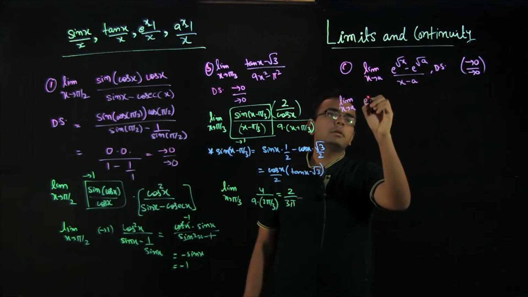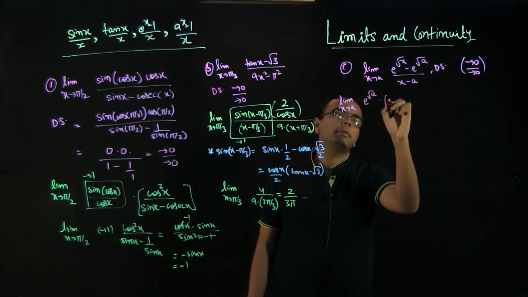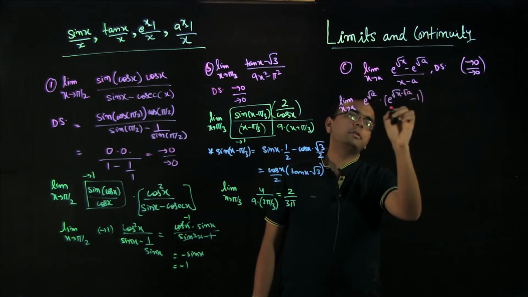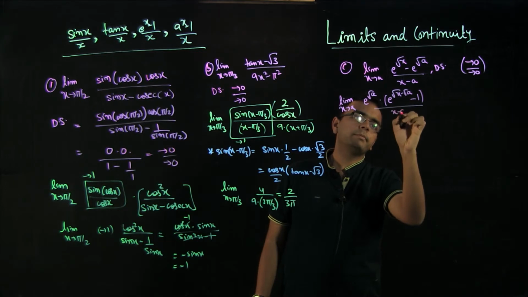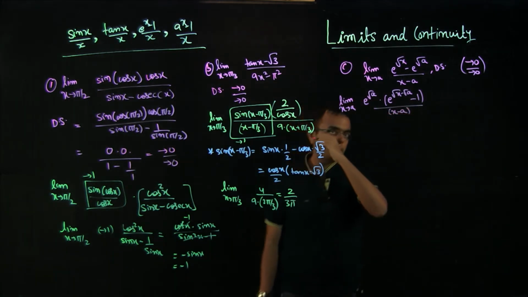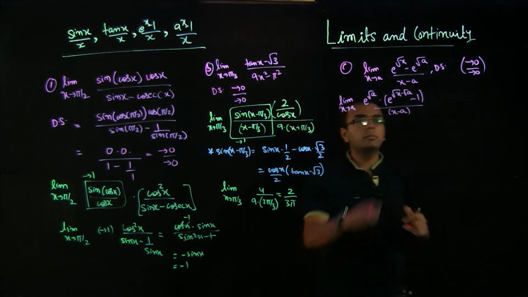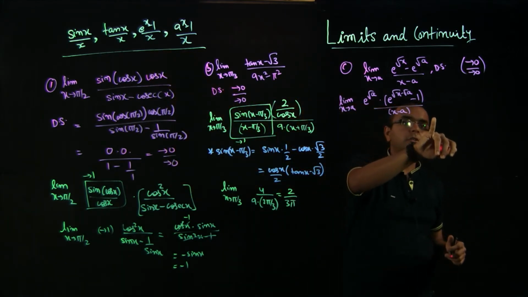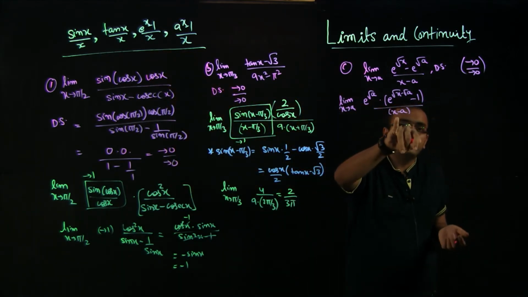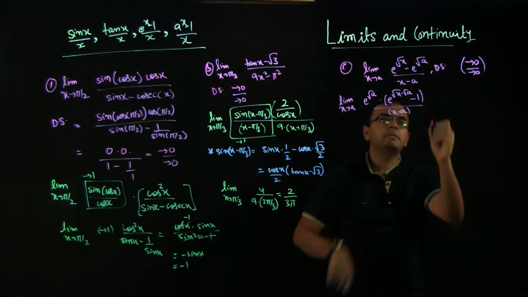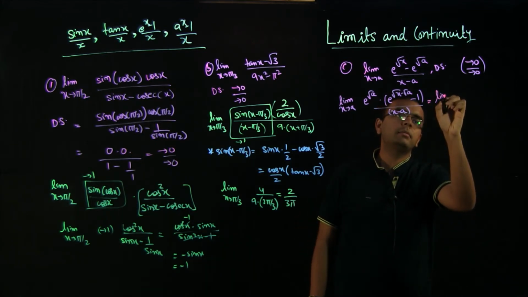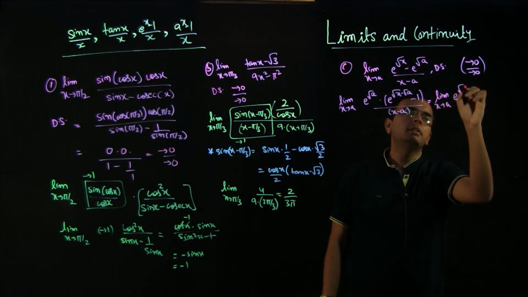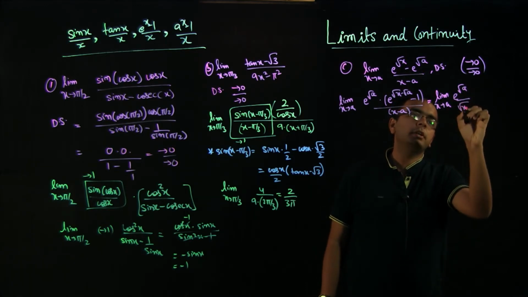So we can take this out, and this will become e raised to the power of x minus e raised to the power of a, minus 1 by x minus a. Okay, and to make this into this form, we need root x minus root a in the denominator, and we can very clearly see that we can write this form. We already have basically root x minus root a here. If we write this as root x plus root a